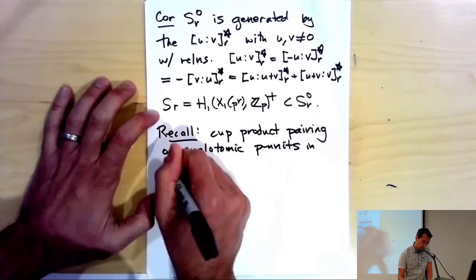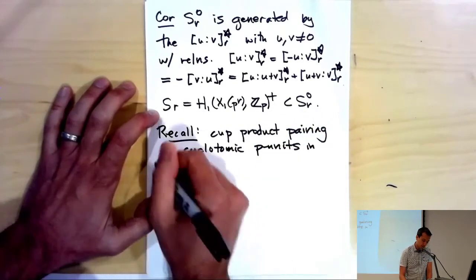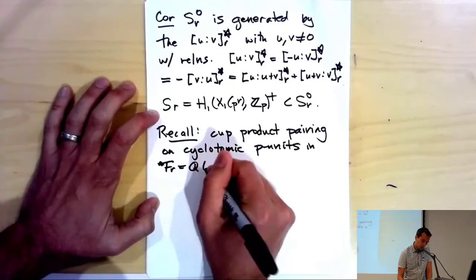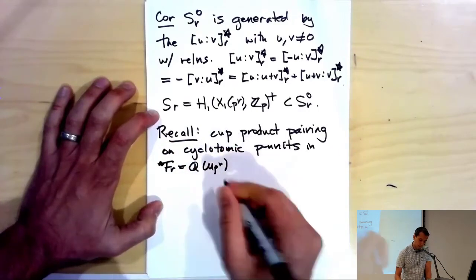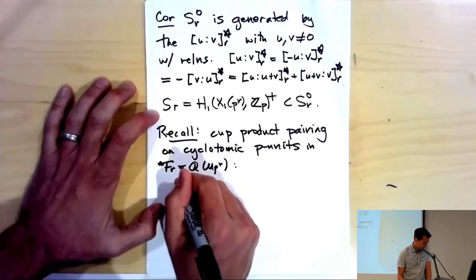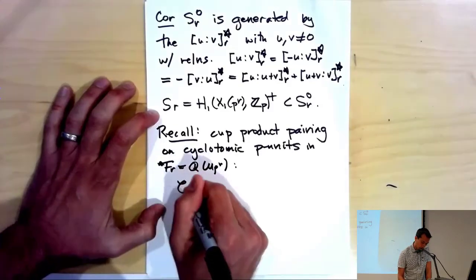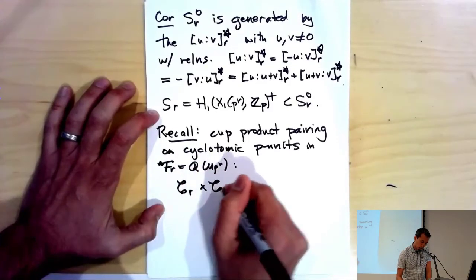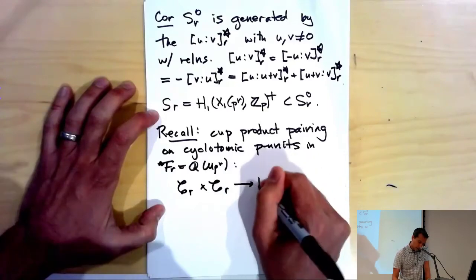FR, remember, was Q mu P to the R. So the cyclotomic P units, if I denote them by CR, CR cross CR goes to H2